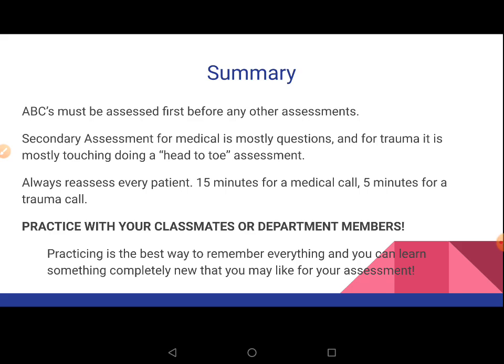I cannot overemphasize that enough. Practice, practice, practice, practice, practice. That is how you're ultimately going to memorize these sheets. Practice is the best way to remember everything you can learn, something completely new that you may like for your assessments. So it's the best way that you can practice getting your routine down and remember everything for these 2